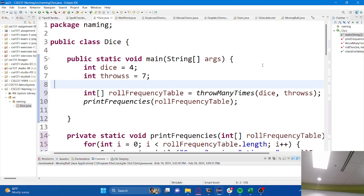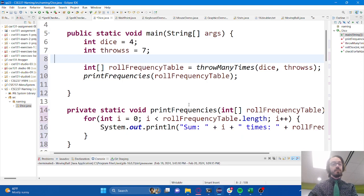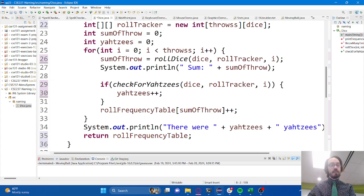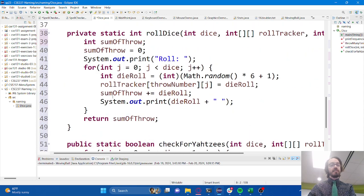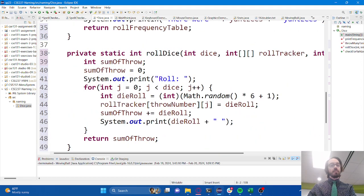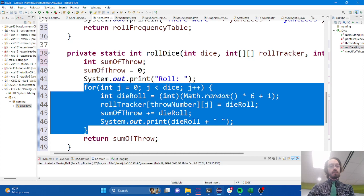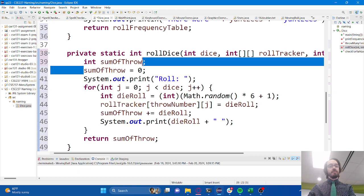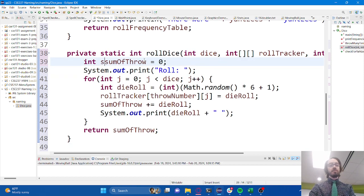I'm still not done. I actually want to keep going and see. I mean, this is a skill that's only going to get better with practice. And I think it's important to see just how much you can squeeze out of this thing. It's also very satisfying. I find it satisfying to clean up code like this. I'm looking at a chunk like this now. Well, we already extracted all this stuff out, though. Well, that's me being a little nitpicky, I suppose, but...